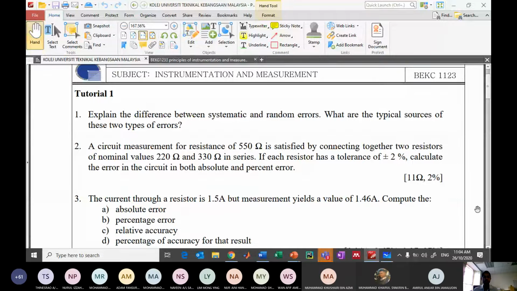Okay, so question 1 is a theoretical question. So when we want to explain about systematic and random errors,